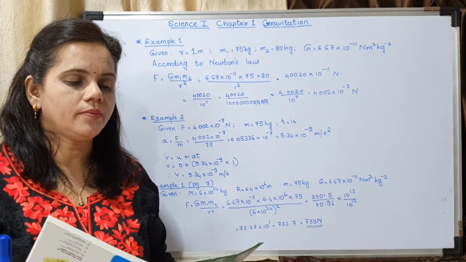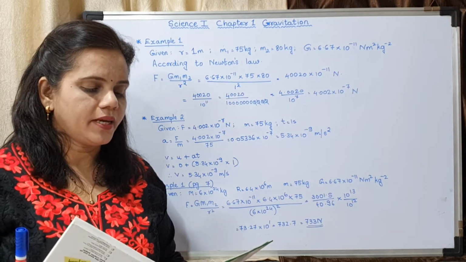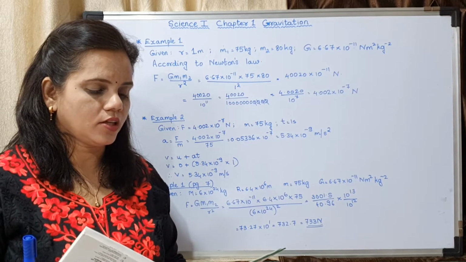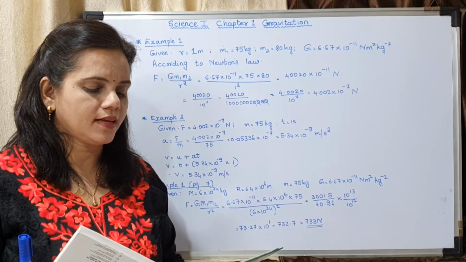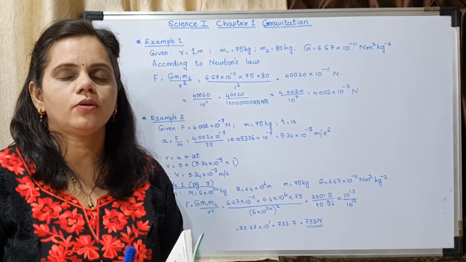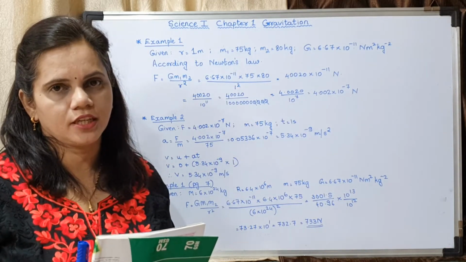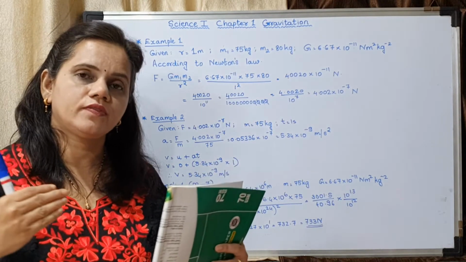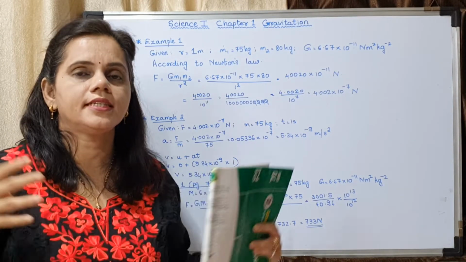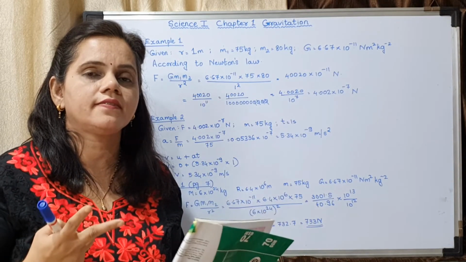Now the next question. In the above example, assuming that the bench on which Mahendra is sitting is frictionless, starting with 0 velocity, what will be Mahendra's velocity of motion towards Virat after 1 second? So, it is told that there is a force of attraction between any two objects in the universe. If there is a force of attraction, then they should stick with each other, isn't it? Why don't two people stick with each other?